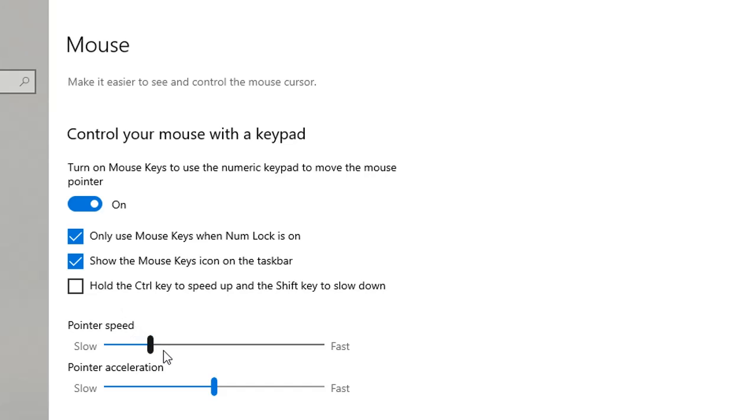Below the checkboxes are two slider controls. The first controls the normal speed that the mouse pointer moves when using the number pad. Normally, Windows moves the mouse faster based on how long you hold down the key on your number pad. If you hold it for a long time, the mouse pointer moves faster because it thinks you want to move someplace really far away. With the second slider, you can change how sensitive this feature is. You might want to limit this, for example, if you're playing a computer game and trying to move your mouse to a very precise spot very quickly.